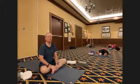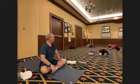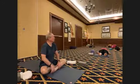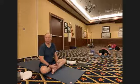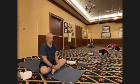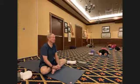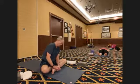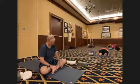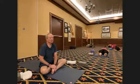Begin to deepen your breath. Bring movement to your fingers and to your toes, to your wrists and to your ankles. Gently roll your head from left to right. And when you're ready, bend your knees, walk your footprints up towards your sit bones,